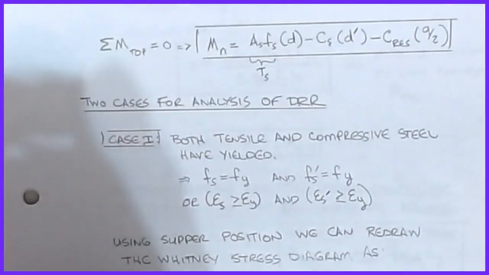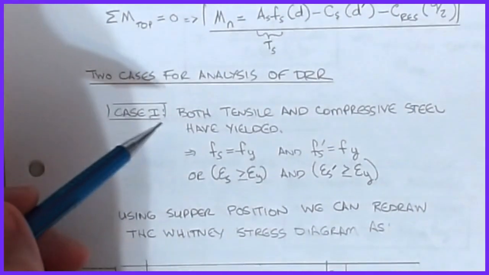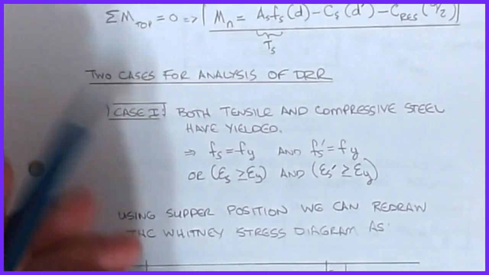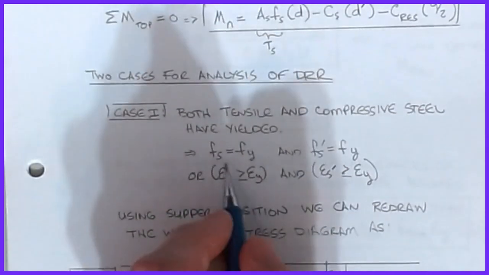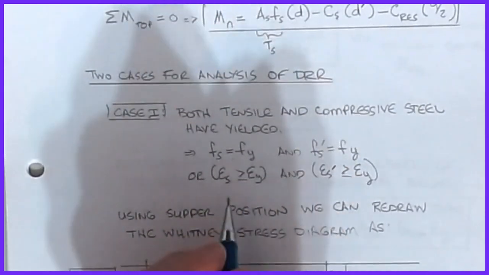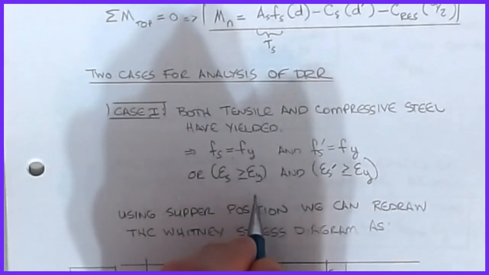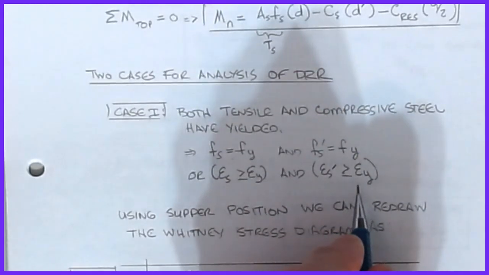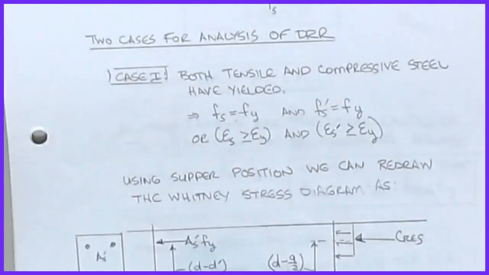Well, the two cases that can happen on this are, the first case is that both the tensile and the compressive steel have yielded, which basically means that fs is equal to fy and fs prime is equal to fy. But the only way that this happens is by looking at the strains. So we're looking at the strain in the tensile steel being greater than the yield strain, and the strain in the compressive steel being greater than the yield strain. So you can tell right now we're going to make an assumption, and then I've got to verify the case. Okay, so superposition